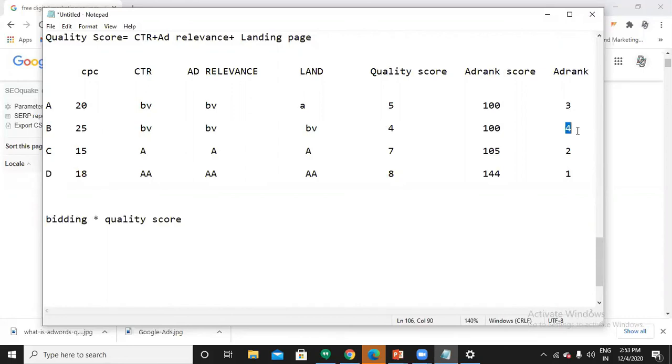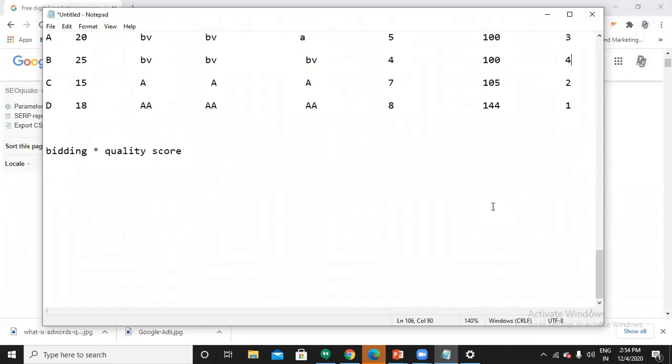Here, can you see a person who bids high, 25, ends up in the last position? What happens? Due to his lowest quality score. Clear? So all these things you don't need to calculate, guys. Everything is calculated by Google, and you don't even have a chance of calculating. Because to calculate, I would first need to know the competitors' quality score and bidding.